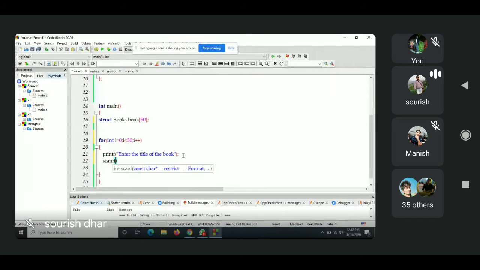So you can say scan it inside percentage S. Where do you want to scan it? Book bracket i, dot title. Let's check.